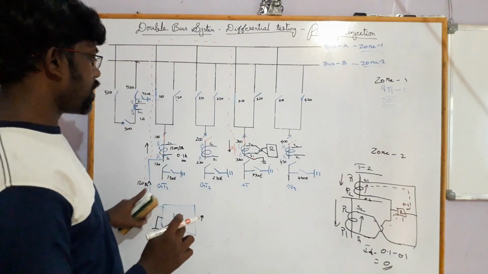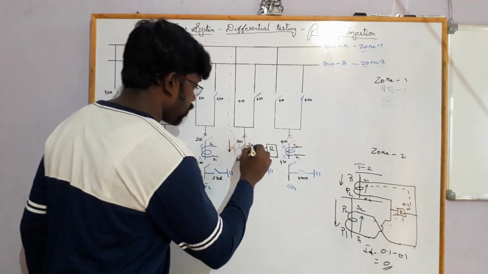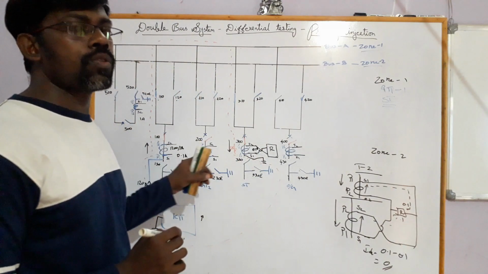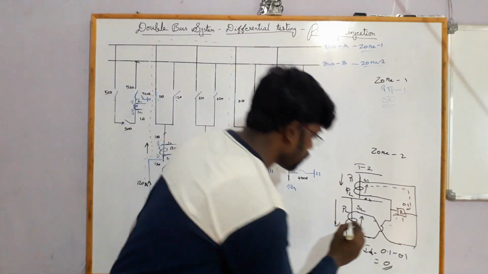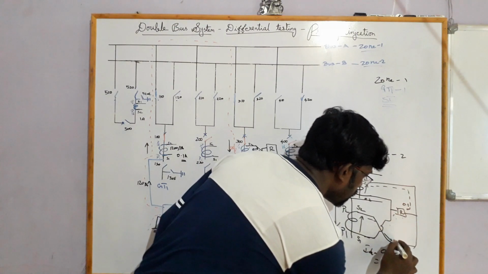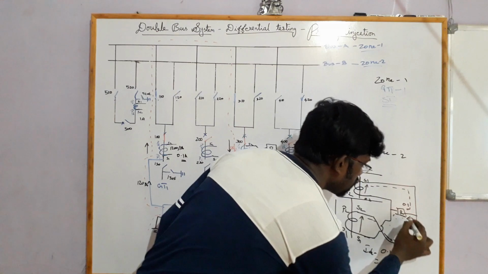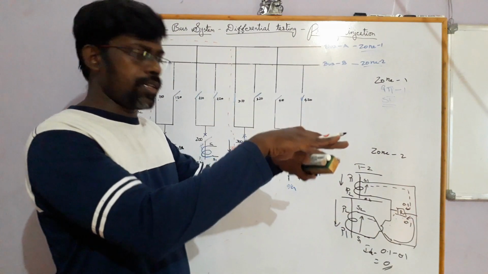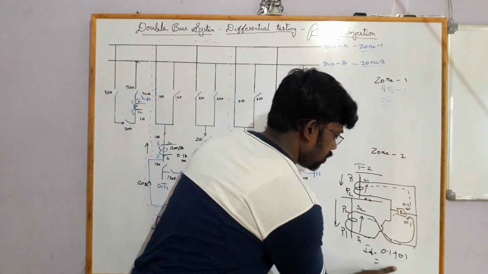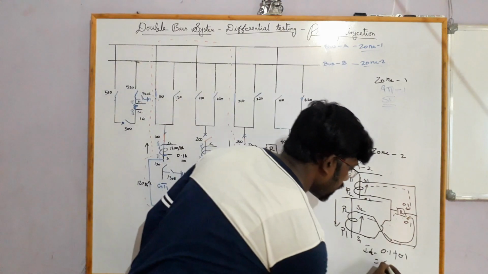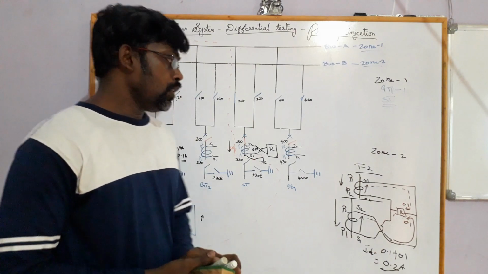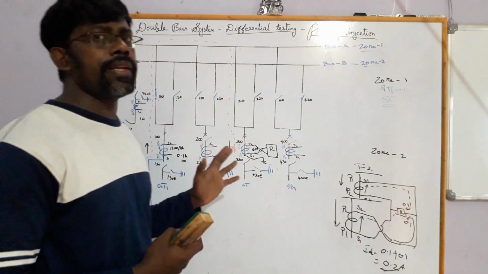When you inject the same 120 amps, here it produces 0.1 amps and here also 0.1 amps, because all the CTs are 1200 amps, so they produce 0.1 amps. The 0.1 amp current comes here, and the direction over here is also 0.1 amp. So both currents flow in the same direction, which means both have the same polarity. So they get added, and we get 0.2 amps differential. This is how we check stability and differential.